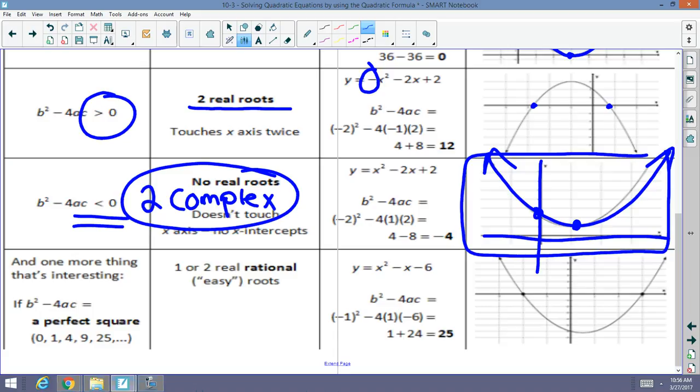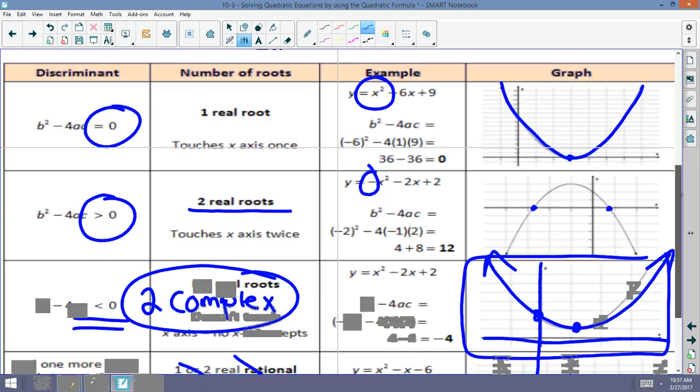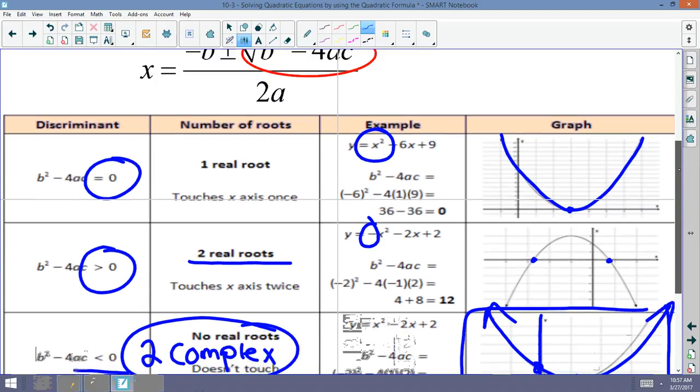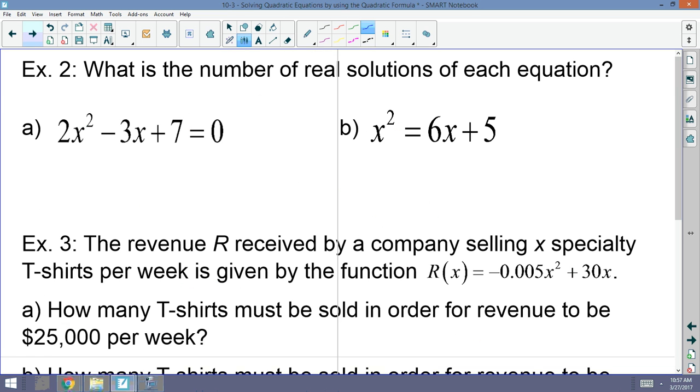And don't worry about this one, guys. If it's a perfect square, the easy root, don't worry about that. If the discriminant is positive, you have two real solutions. If it's negative, you have complex solutions. If it equals 0, you have one solution. Now, what is the purpose of this? The purpose is to give yourself an idea. Sometimes they will just ask you, I've seen this on the SAT,